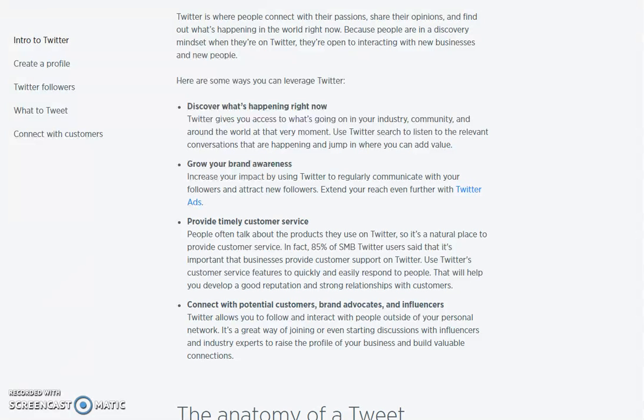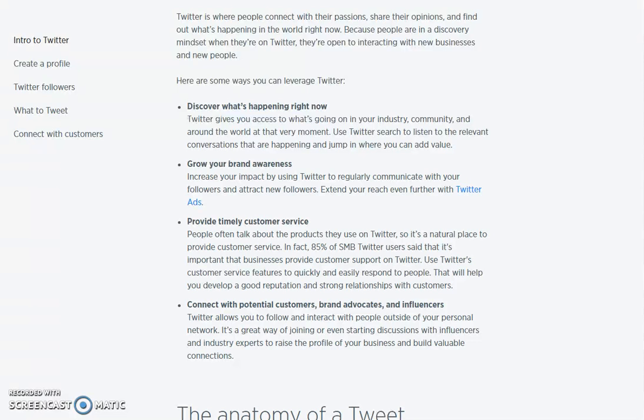I think so many times we try to create traffic. Well, it's not about creating traffic. It's about actually finding the traffic that's already there. So if you're on Twitter and you see that somebody asks a question, look at one of the benefits of this: you can provide timely customer service. What if somebody says on your Twitter account, "Why is your website down?" and you didn't know it was, and you could immediately get it back up and you don't lose sales.